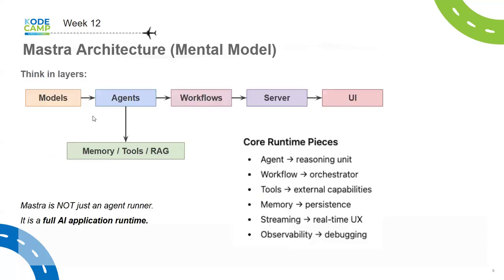So with Mastra, you can now think about the different aspects that you compose. Mastra is more of a compositional framework. You build elements, and then you compose them. But then it provides for you a runtime, an application runtime, where you can put in those elements that you are composing. And when you put in those elements, you can assemble them in any way you want. You can connect them together. So each of those elements is what we see here as layers.